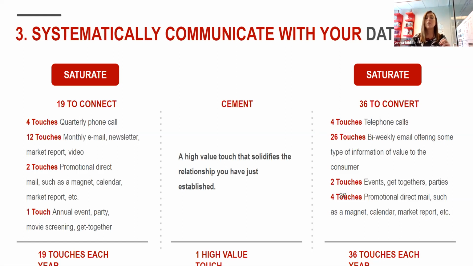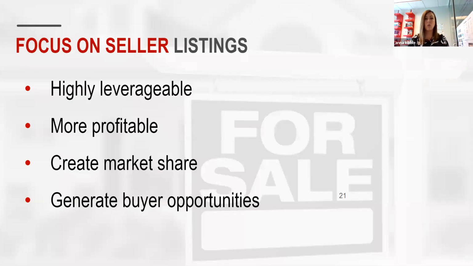So we had 3 jobs, right? We were going to be prospecting based so that we could fill our database and feed it regularly. And then we're going to, of course, have that focus on seller listings, right? Because honestly, you could list 6 homes this weekend, but you might only be able to show 2 buyers, right? It's just more leverageable. It's also more profitable. You're spending less time, energy, and resources on making that happen.